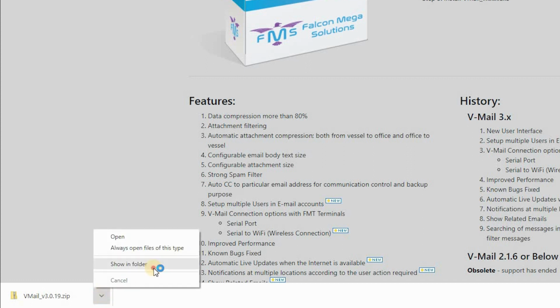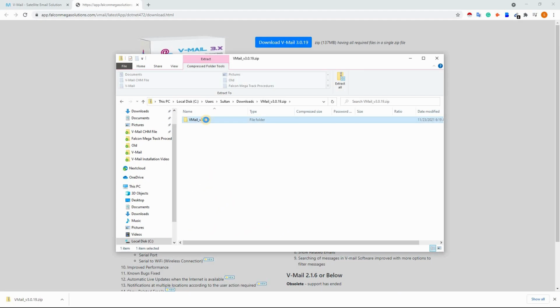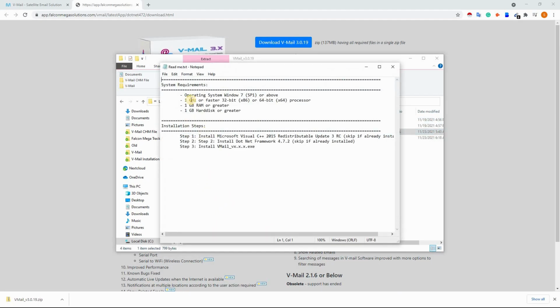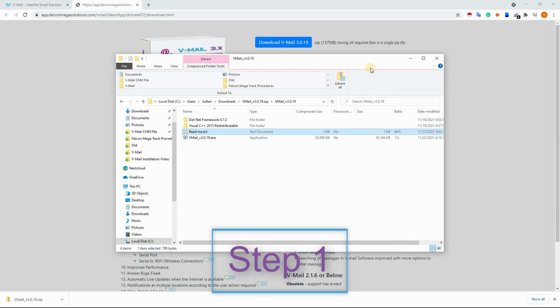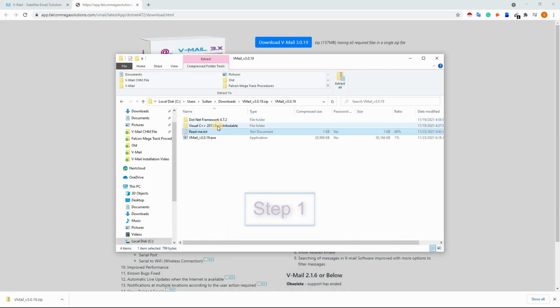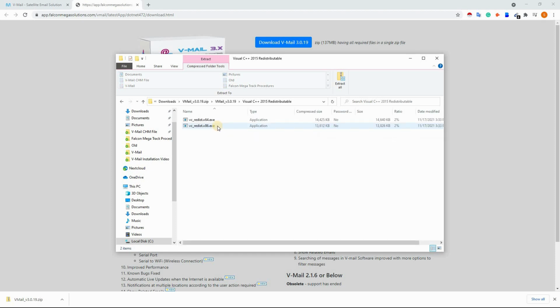Open the downloaded folder, select and open the README text file, to check the system requirements and installation steps. Install the required files according to given steps. Step number 1. Install Microsoft Visual C++ 2015 Redistributable Update 3 RC. Install the x64.exe, if your computer has an x64 operating system, and install the x86.exe, if your computer has an